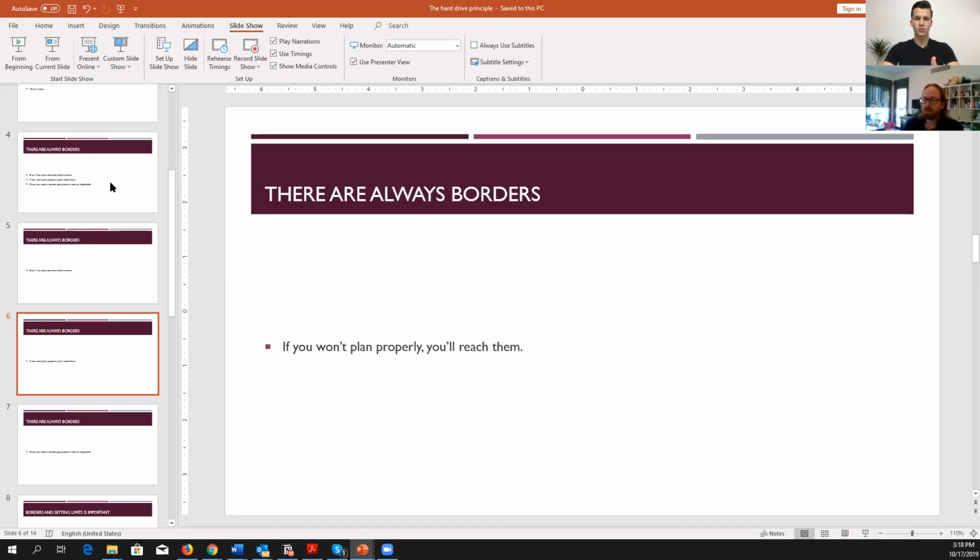Now, of course, as long as the customer is a part of the process and he knows that the problem lies here and not in your methodology or your deliverables or your ability to produce, he will be happy with the end result because he knows you're holding his hand through the project and saying, okay, this takes this amount of time. Clients just don't like to be in the dark.